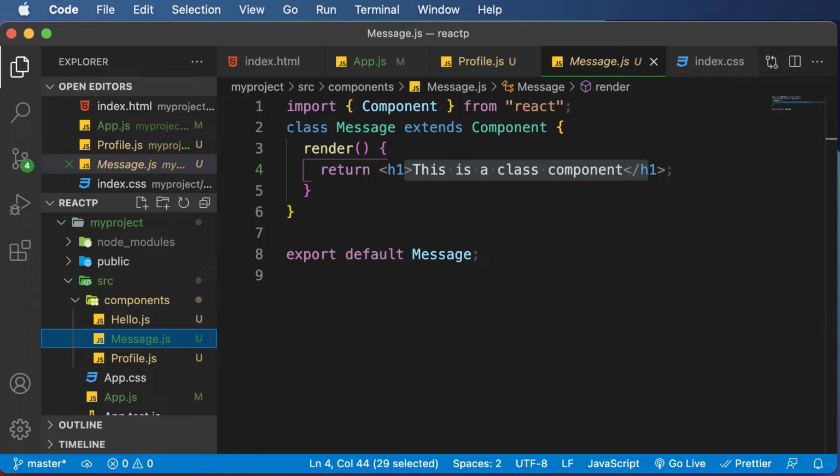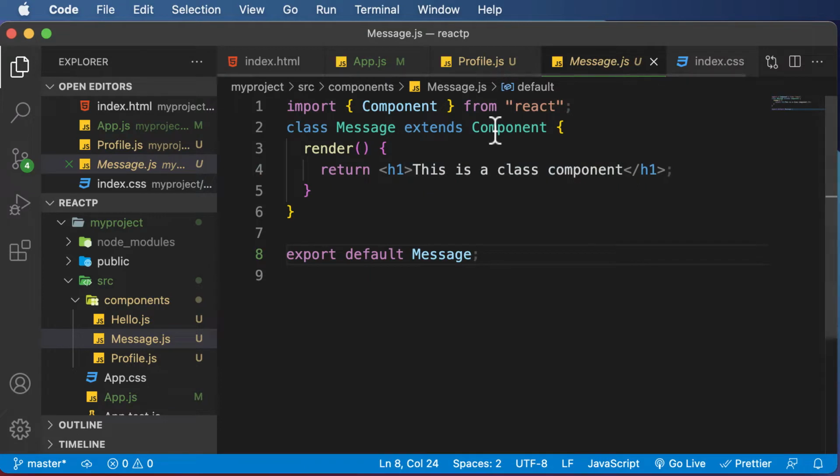In this lecture, let's go ahead and learn how to use props in a class-based component. Whenever you have a class-based component, you can also pass in props to that specific component as well. And the way to do that is a little bit different. So first of all, we have to create a class-based component, but